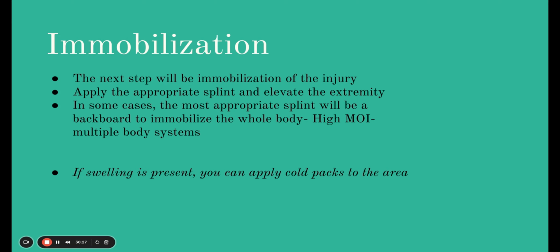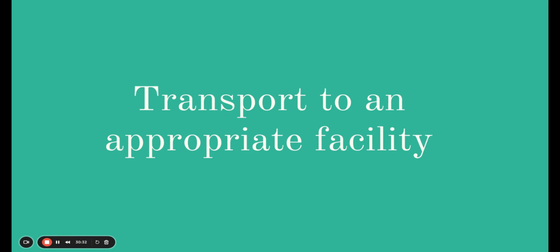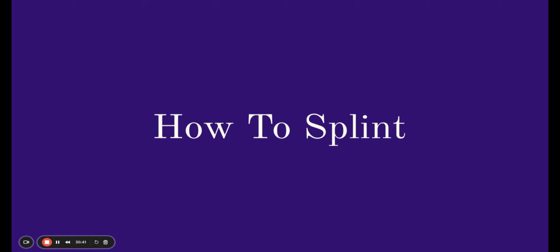But there are many different types of splints that you can use for isolated injuries. We'll go over that in a second, but you also want to make sure that you're transporting to an appropriate facility. So if it's a high mechanism injury and it's multi-body systems, the orthopedic injury isn't necessarily the highest priority. You want to make sure you're transporting to a trauma facility,